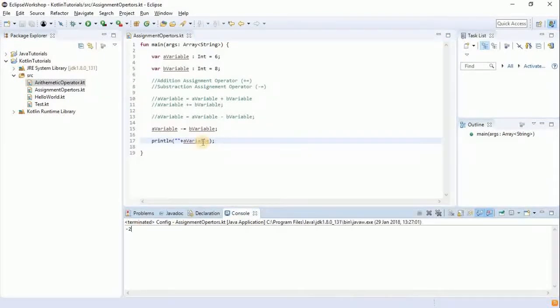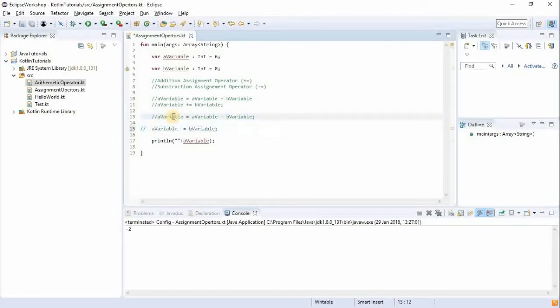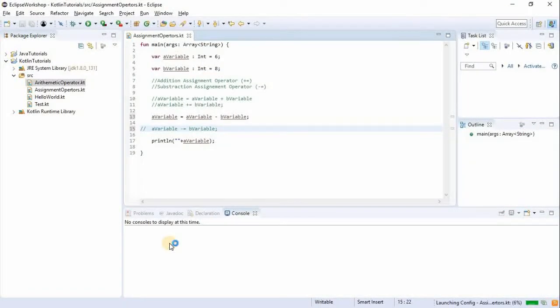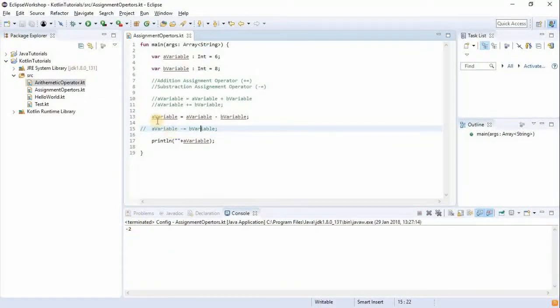Okay, there you go, -2. So if I remove this just to prove to you that they are the same, we'll run as Kotlin application. -2. So these statements are the same. Okay, now let's go to the